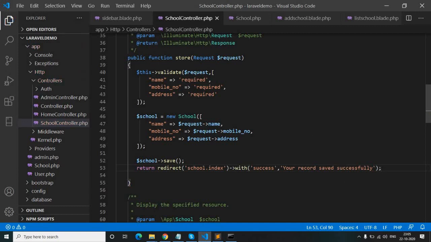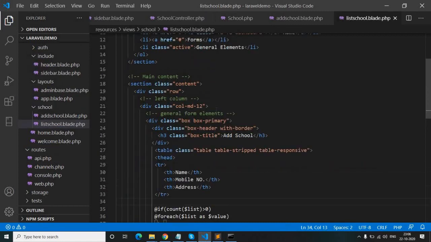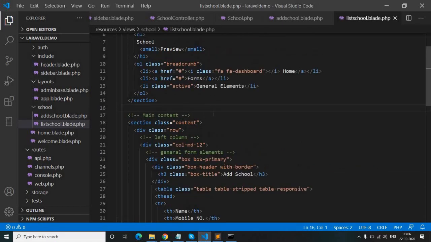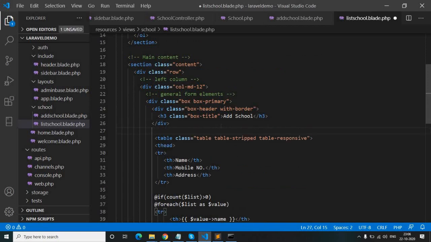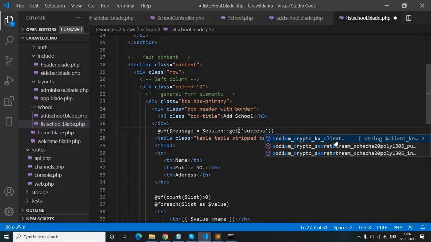And if you want to get this message and show it in the list form, you have to write here, in the upper part of the table, @if $message is equal to session get, your variable name success.